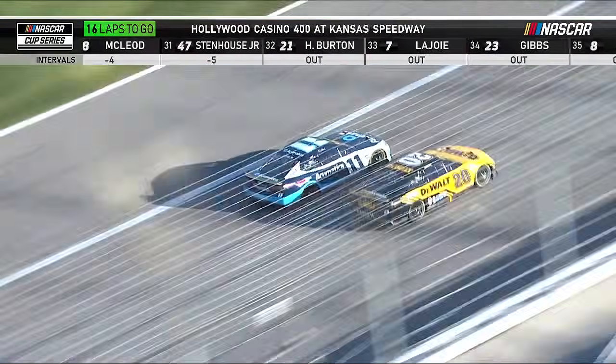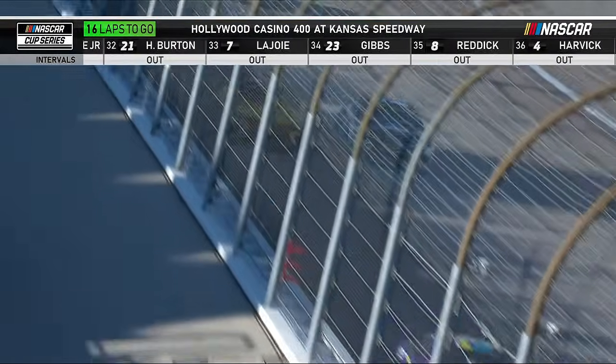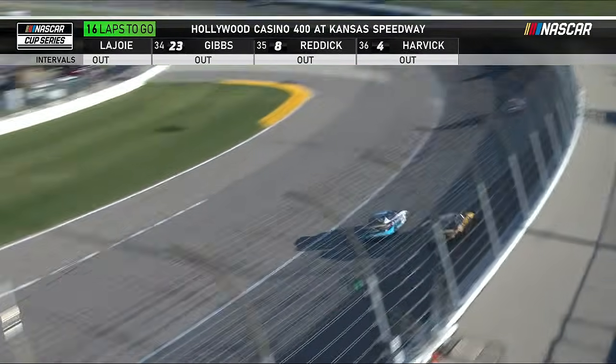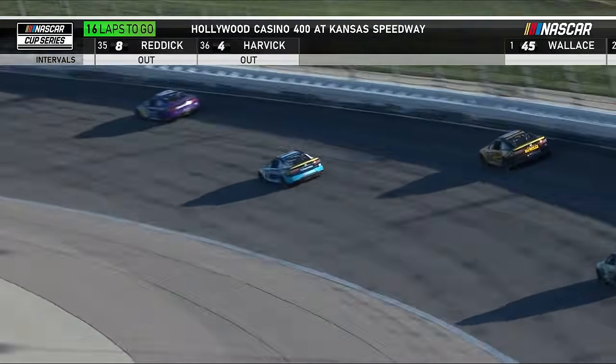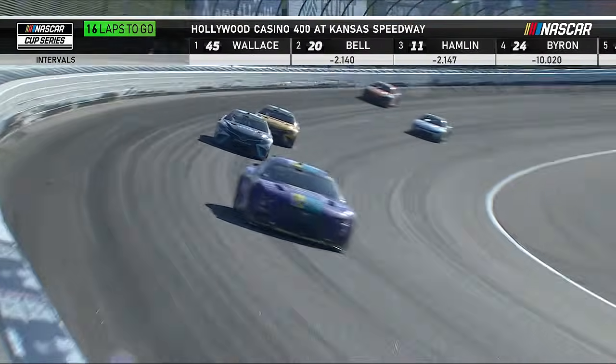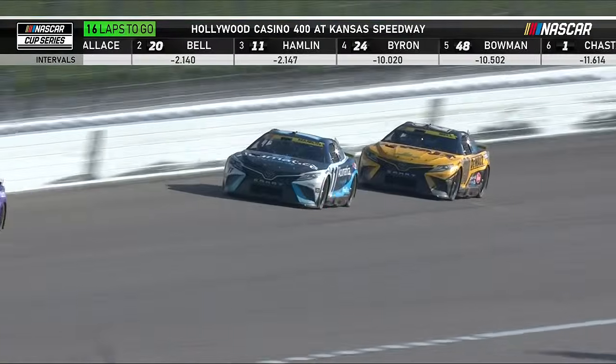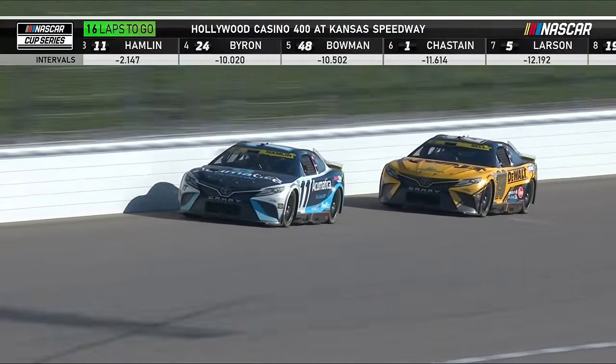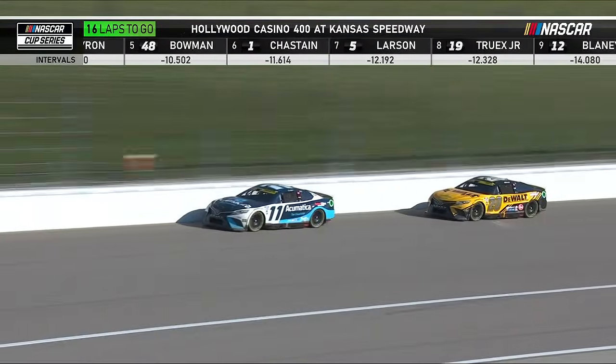Parker, they were trying to tell Christopher about that line that Denny had in 3 and 4 there. That's the first time Christopher went up there right on the wall, being able to use that. And think about where Christopher is right now. Right now, he's 57 points to the good on the cut line here. Even if he doesn't win or finish second or third, he's in a great position at Bristol, Dave. Denny